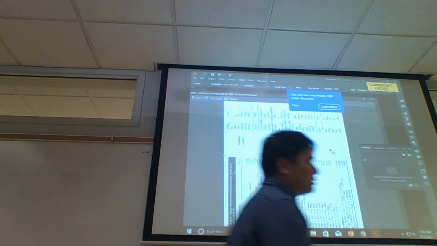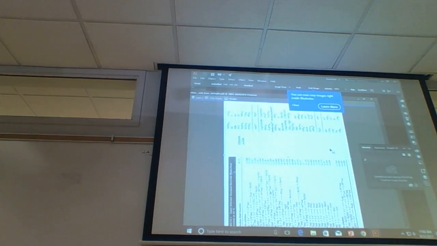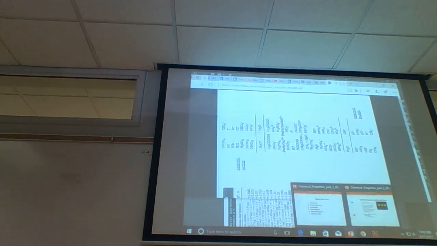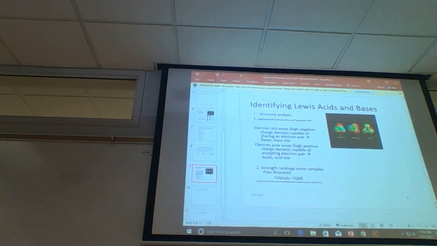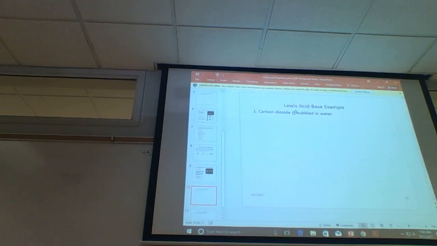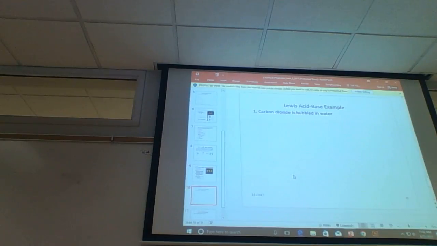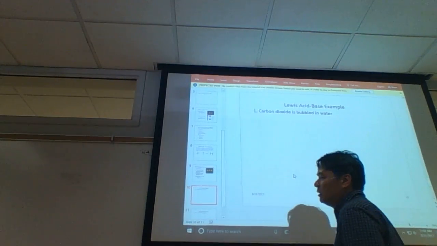All right, so I just want to finish up this reaction stuff right now, and then we'll do some practice examples. It turns out that Lewis acid-base reactions are a heck of a lot harder. Well, not a heck of a lot. All of them are hard. It's just that for Lewis acid-base reactions, we're going to do a lot more work. So, for example, if we have carbon dioxide bubbled in water,